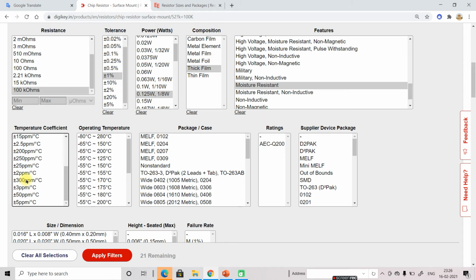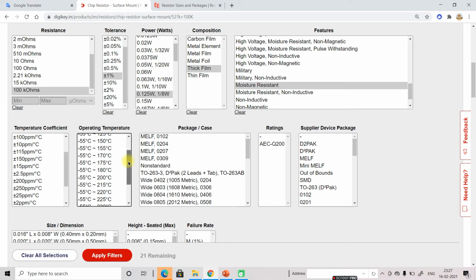accuracy applications like PLL application, circuit design applications, PLL and oscillator, in the oscillator case we generally use these values. In general use we don't care so much about these. So if I select here, it will show something. I select here 200 plus minus. So how much resistance? It is showing 0. So you can select here as per your application, because it will show resistance 0 if I select.